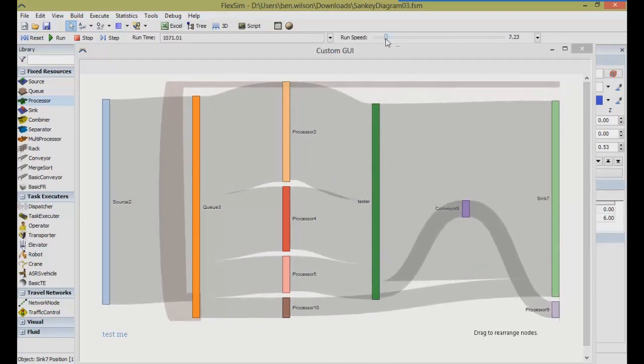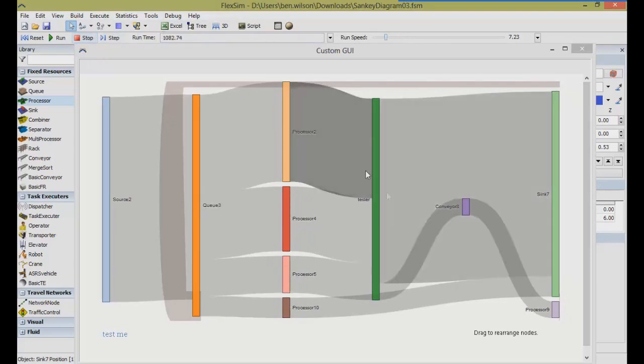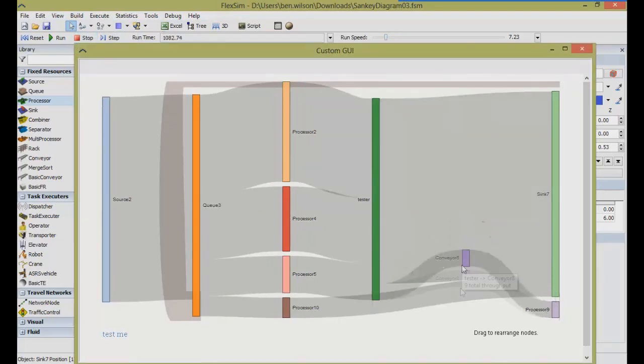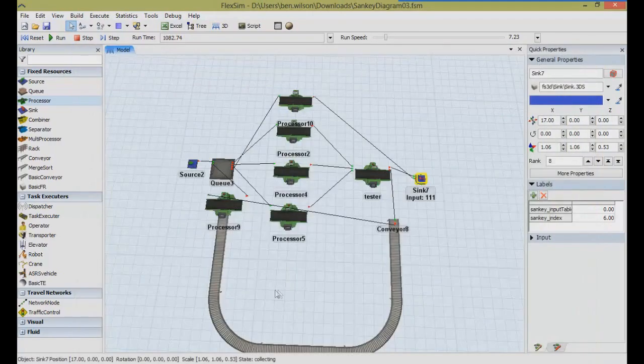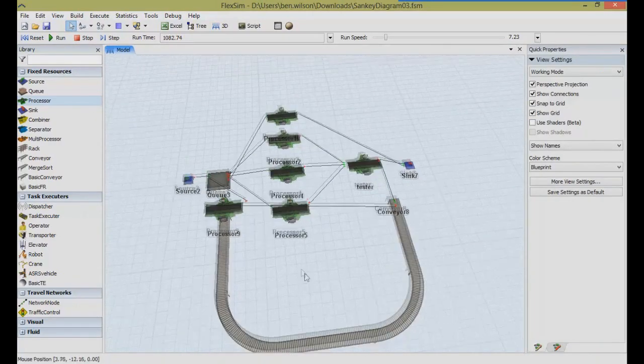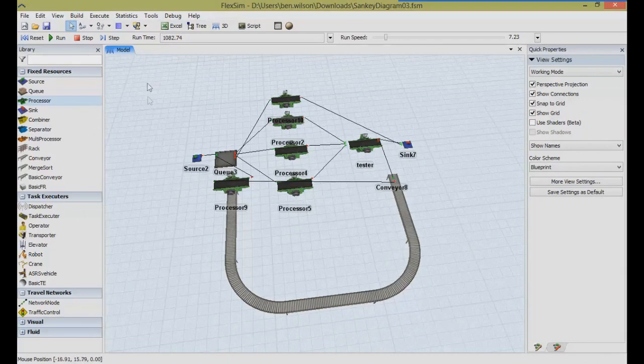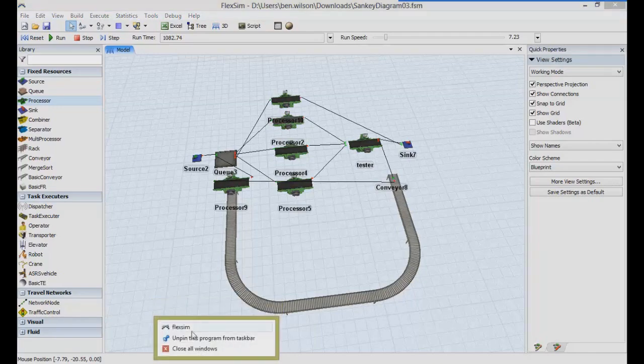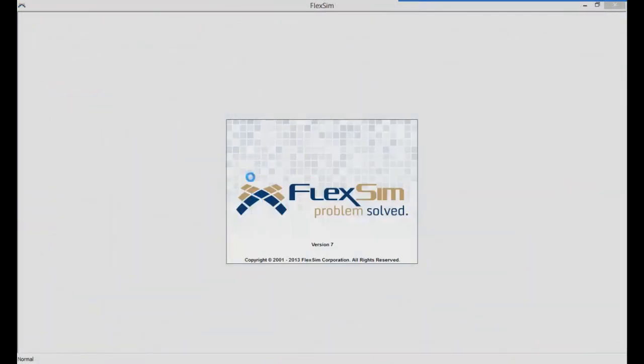Okay? So that's the model that we have so far, the complete version of this proof of concept, having a Sankey diagram. So how did we get here? So this step 1 of this model building experience will show how we got that diagram into Flexsim in the first place. So let's open a brand new Flexsim, and let's go to